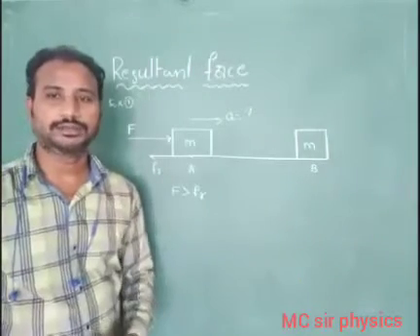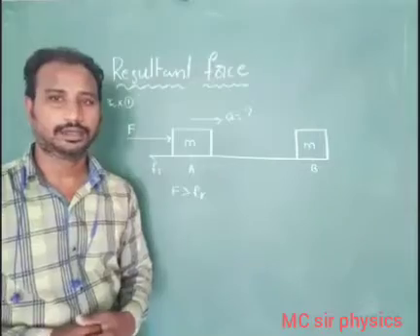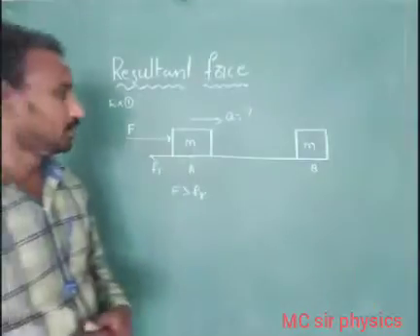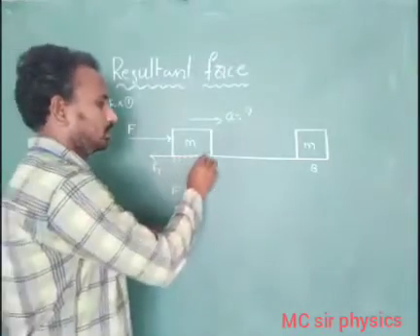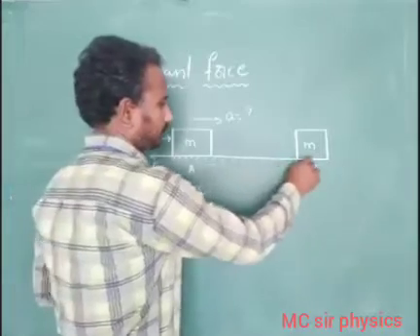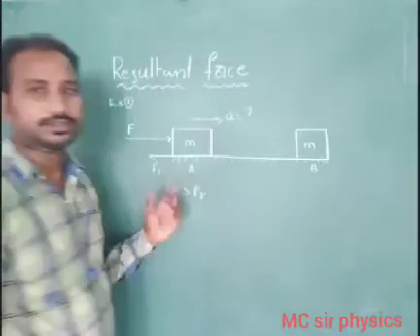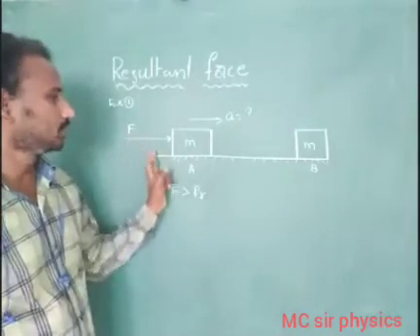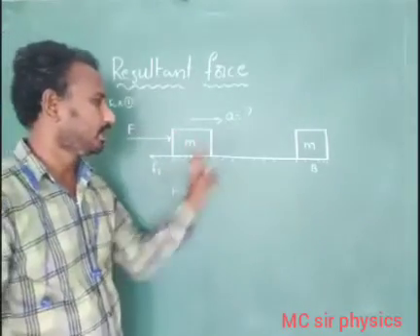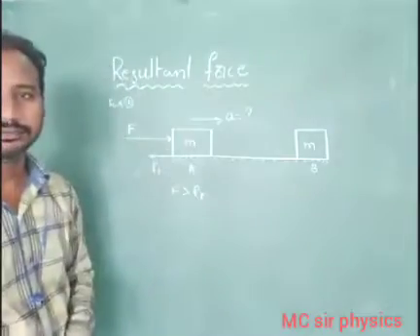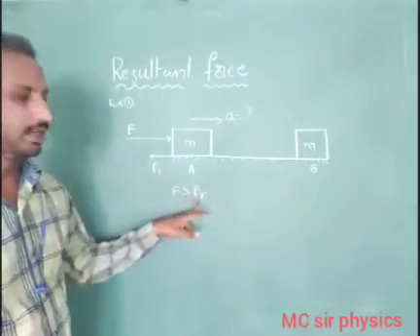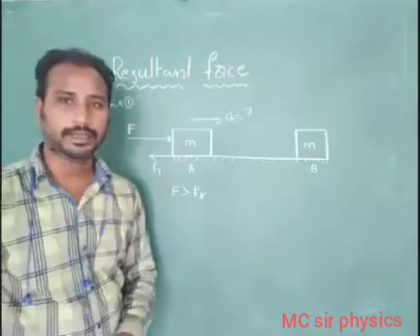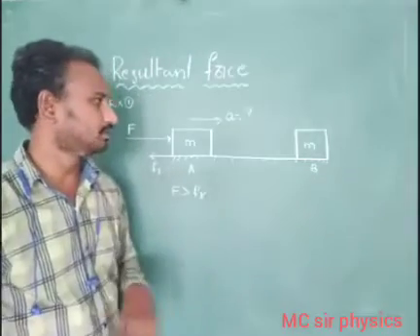Okay, students, do you have any doubt? Here, we consider a small mass of a body on a horizontal surface. If we want to change the position of an object, we require one external force. That external force changes the position from point A to point B. Here, the applied force is greater than the frictional force.